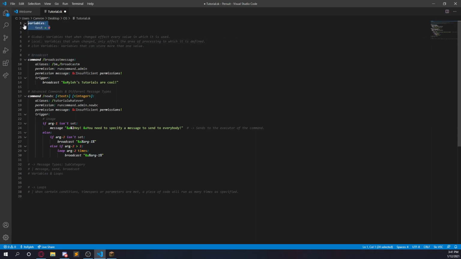So, we have our first variable here, test. Test is an integer which is defined as 0. So, command set integer, or just command set integer, trigger. If arg1 isn't set, message set arg1 to an integer value. Else,